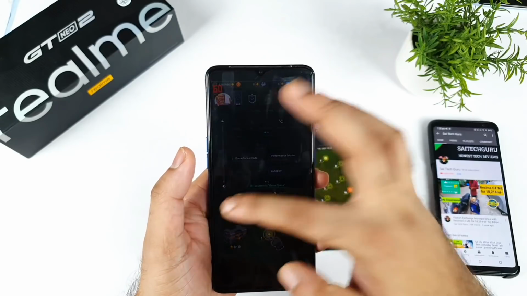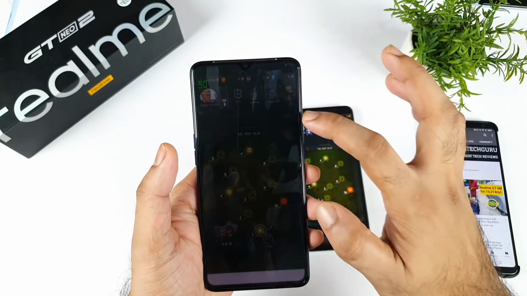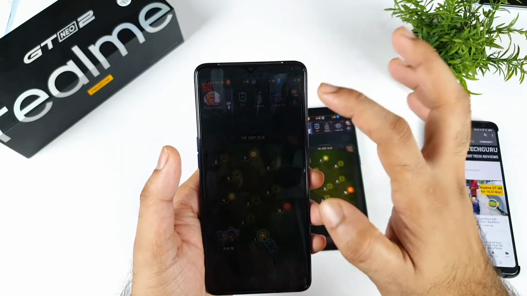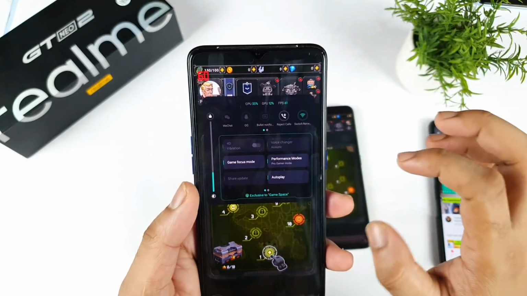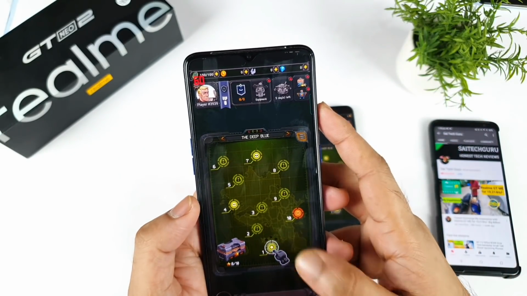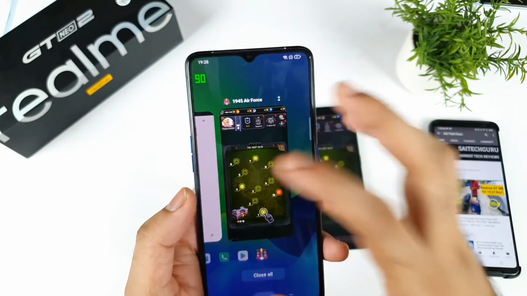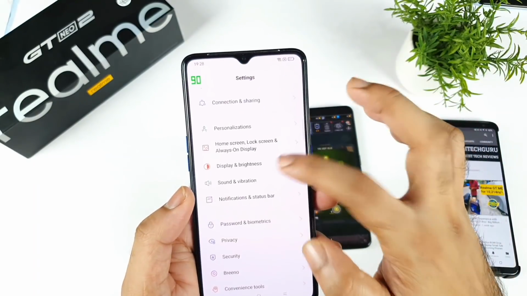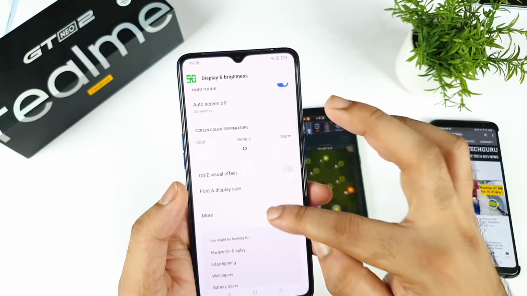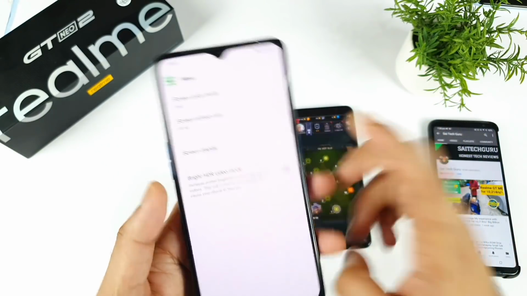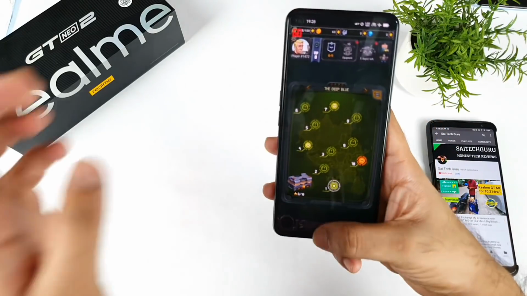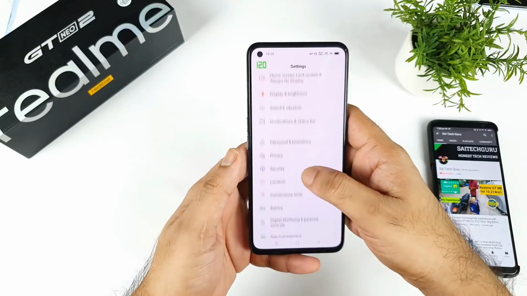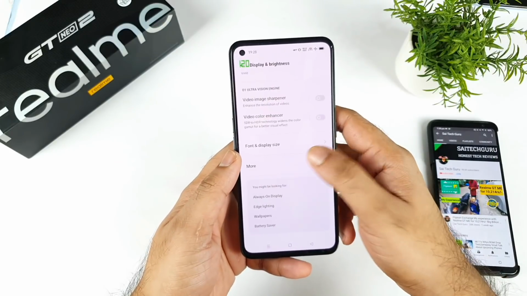If I try to use the brightness trick, let me use it again. It still is not working even after using the brightness trick. As you can clearly see, friends, in the settings I'm using only 90 Hz. Let me just show you. This is the one biggest problem I've been facing for the past few months. As you can see, I selected 90 Hz. Even on the Realme GT Neo 2, I selected only 120. It's not in auto mode. You may think I kept it in auto mode, but it's not.